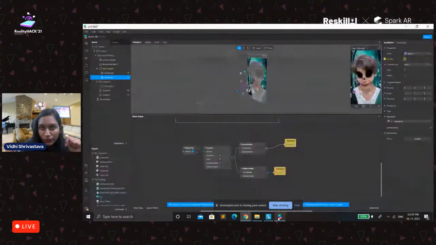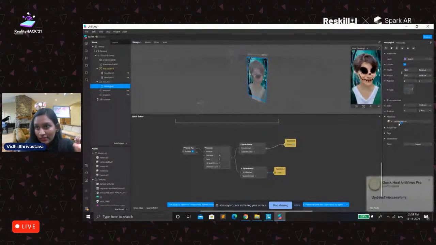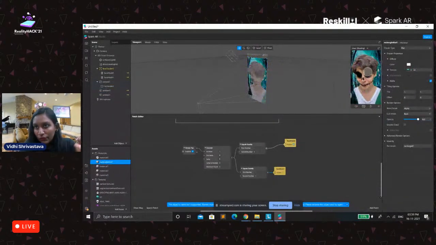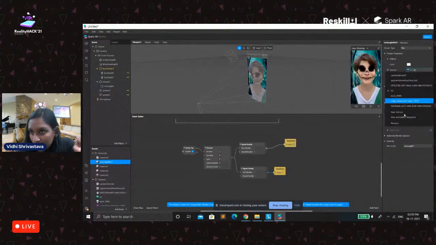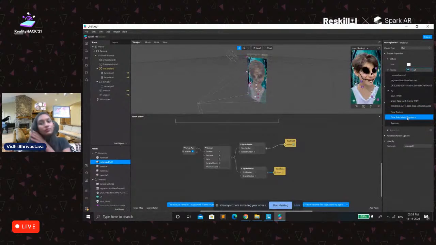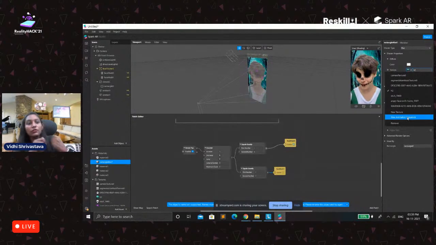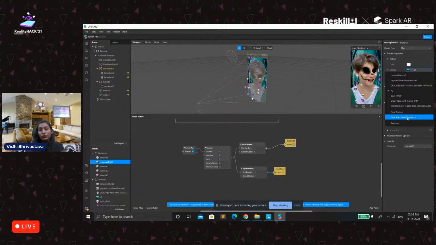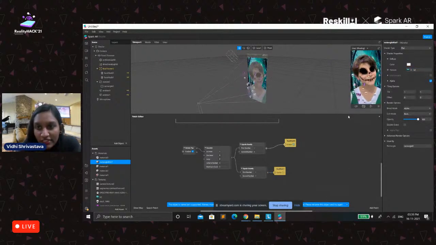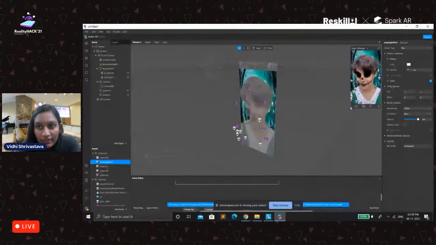And what you will do is click on the rectangle and go to the materials. In the texture, you will add this animation texture sequence. Once you add this, you can add all the textures and you will see that the animations can be seen on the background behind you. So yeah, this is a very simple effect that you could create.